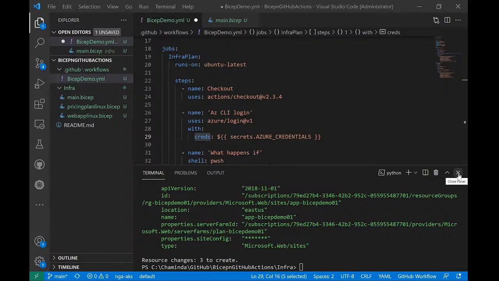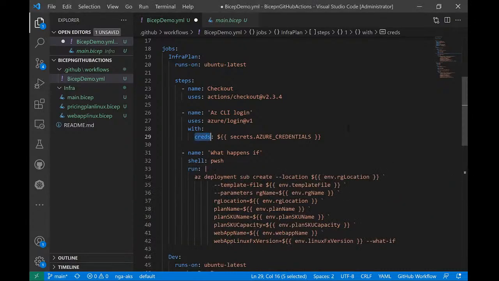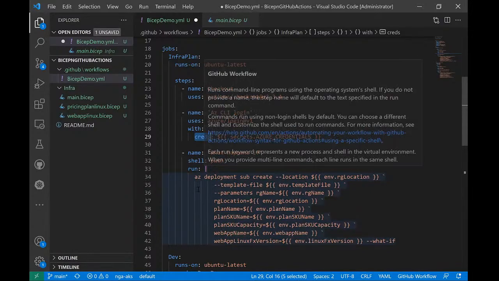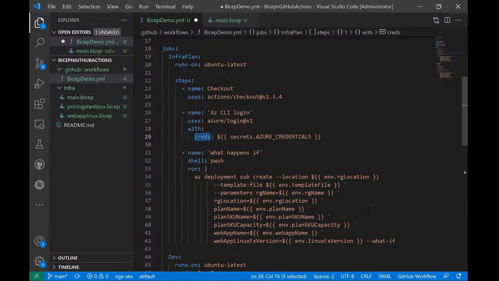Let me close the terminal window to make things more visible. So in this one, we are logging in and creating the connection between the pipeline and Azure by doing az login, and afterwards I can execute az commands. You can see we are using the same command which we used in the terminal, that is az deployment sub create,